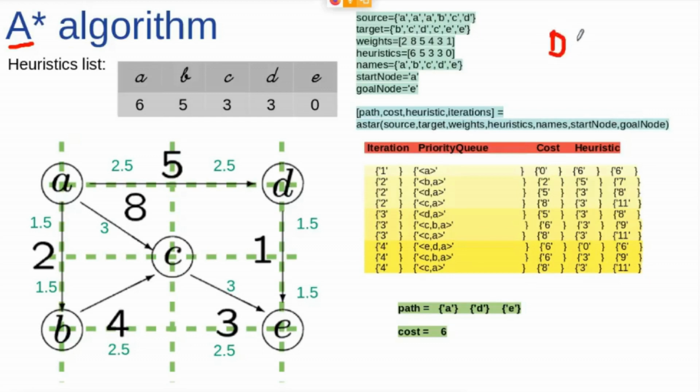The Dijkstra, remember, uses the real costs, and the greedy uses the heuristics, right? And you could use, for example, a lambda value